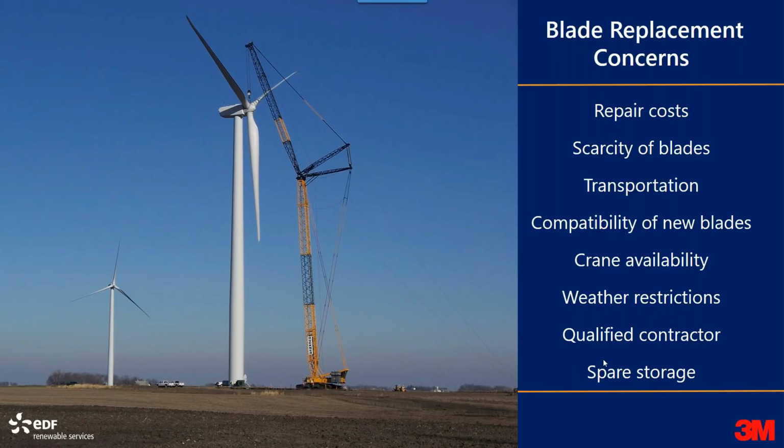Secondly, the new blades are not very easy to procure. New blades might only be available on the other side of the country or even overseas, or they might not be available at all if the equipment is old and the mold production has been discontinued by the manufacturer. If you're able to secure procurement of a new blade, then transportation of this blade, which can be up to 145 feet long and 40 tons, can be challenging, and it may take months to do that. It will require road permitting coordination with the transportation company, and it may require additional road reinforcements at the project site. So the landowner property and the crops may also be affected by the transportation of the blade